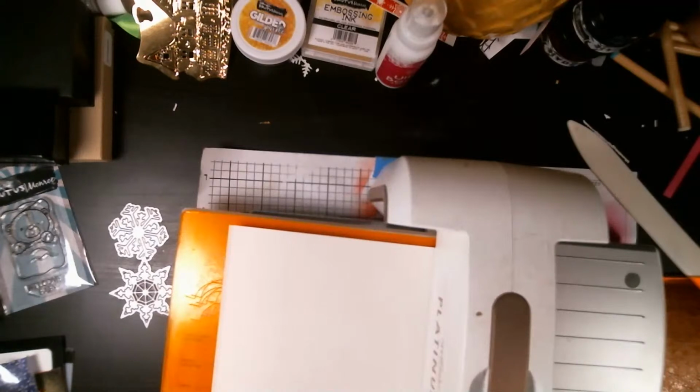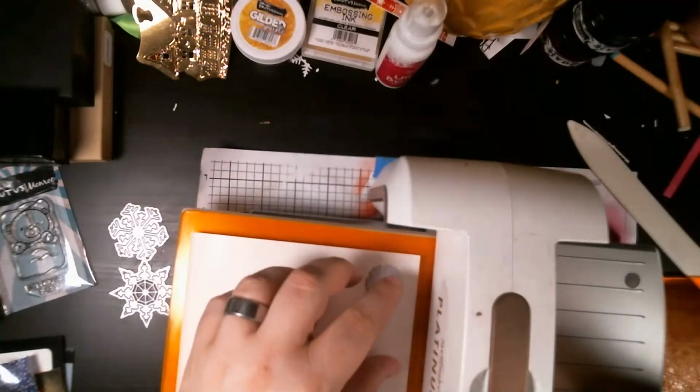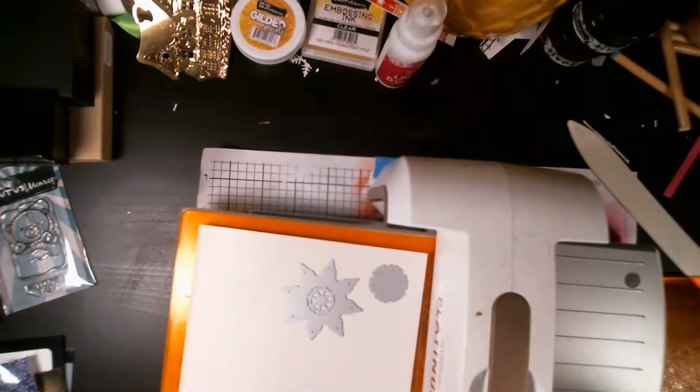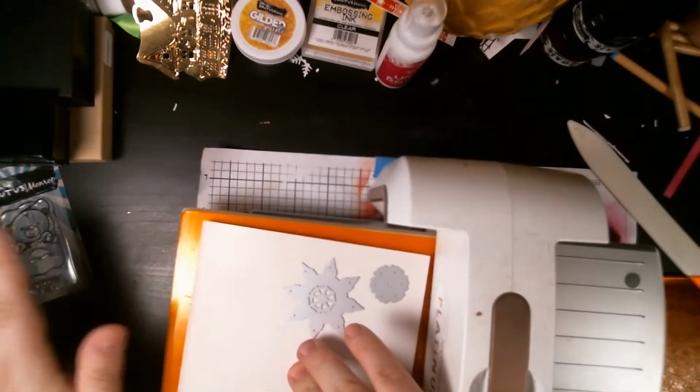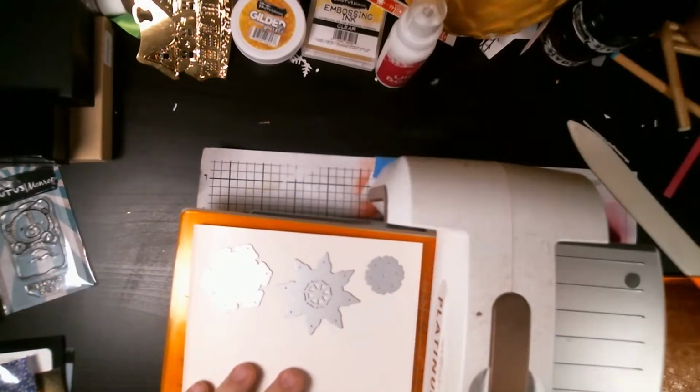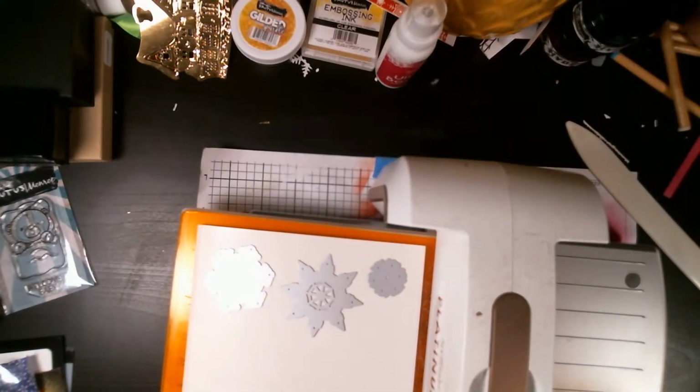All right, so I'm going to take these little snowflakes, place them right on the Easy Cut adhesive. Now, this works predominantly with a more open face die, meaning a die that doesn't have a ton of super